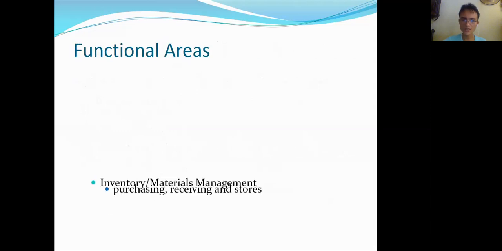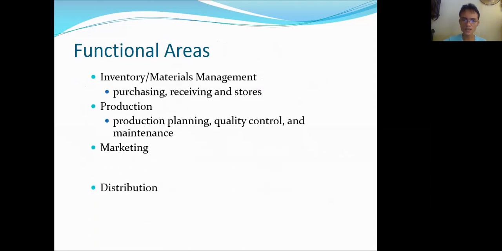So here are the functional areas. We have the following items. These are basically the functional departments that we have known of in our management subject. An example of that would be purchasing. That's inventory or materials management. That should be separated from production, which is in charge of converting the raw materials coming from purchasing to produce the finished products, as well as marketing and sales, distribution or logistics, personnel,